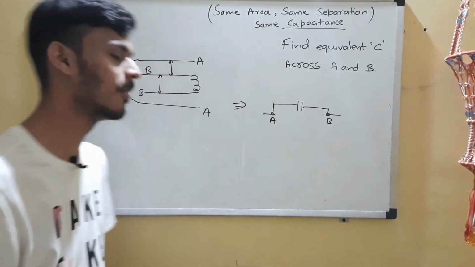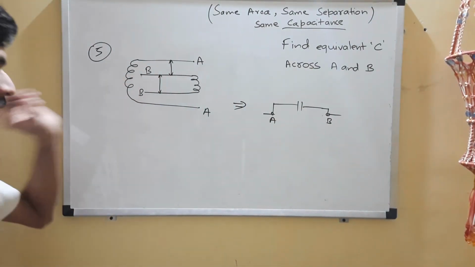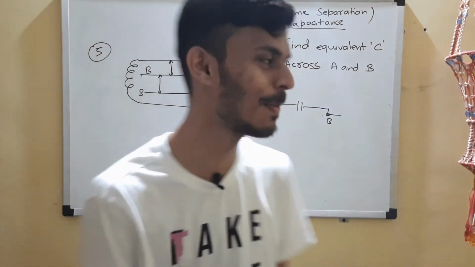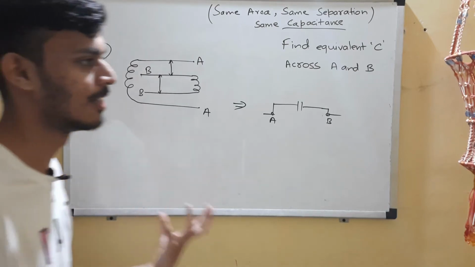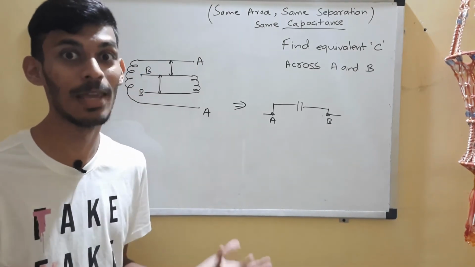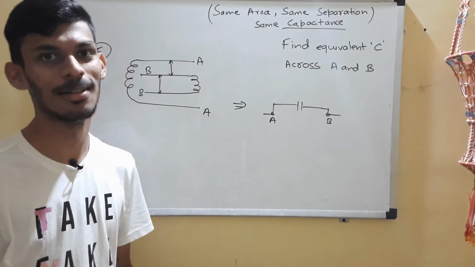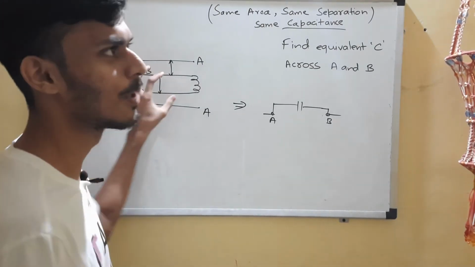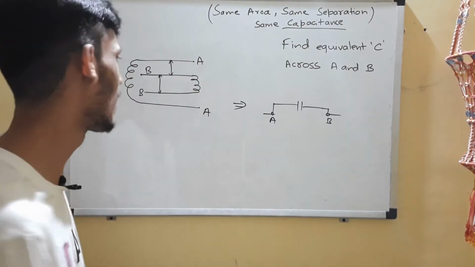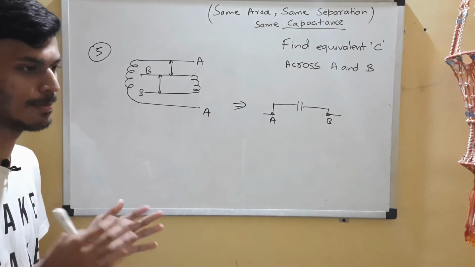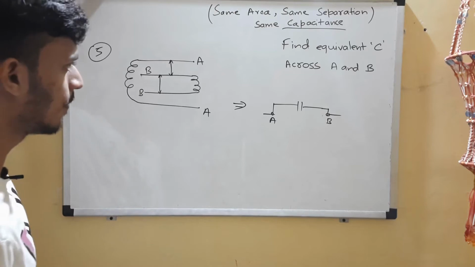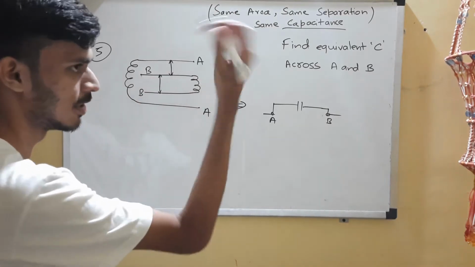To put it in a proper way, if 2 plates of a capacitor are at the same potential, it cannot store charge. So if you have B and B, that basically means nothing. The capacitor is not a capacitor. It won't be able to store charge, which is the basic function of a capacitor. So you can just ignore this. It's good for nothing. A capacitor between B and B won't work. So that is the point.